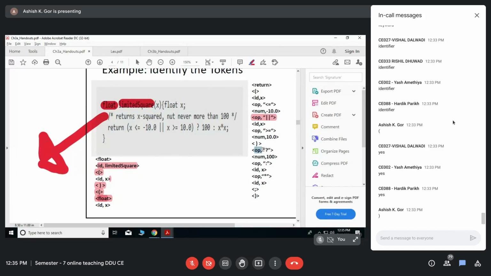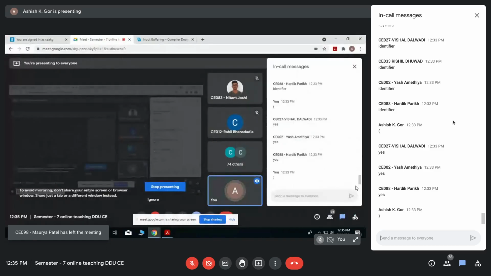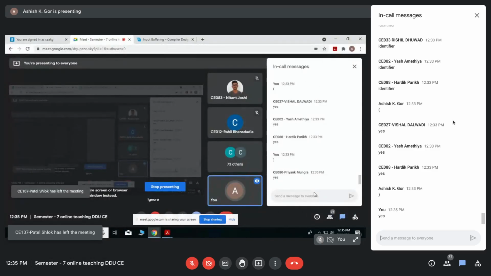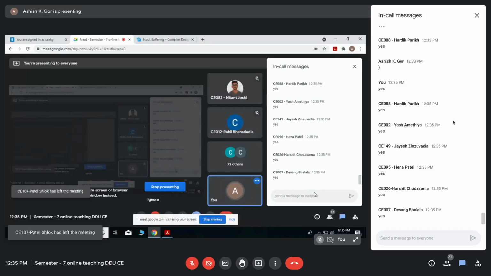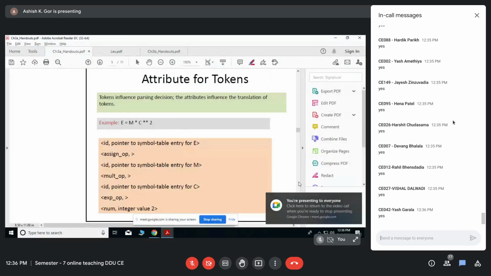Similarly, question mark is an operator, the ternary operator. Then these things are operators, star and everything. So you can also include those things like semicolon, which is missing here after this X. You can put it like this. Yes, everybody clear with the example of the entire function? Hardik, Yash, Priyank, Saloni, Jayesh. Yes? Yes, fine.